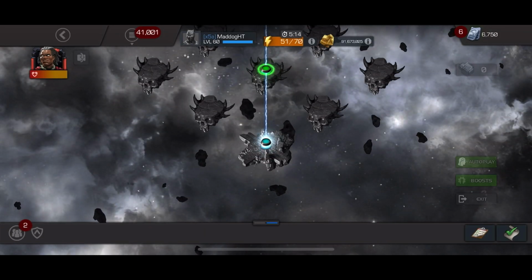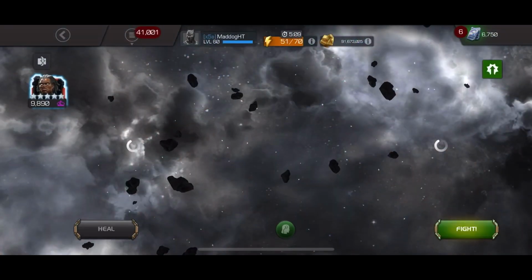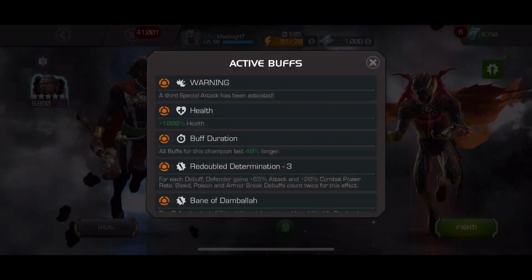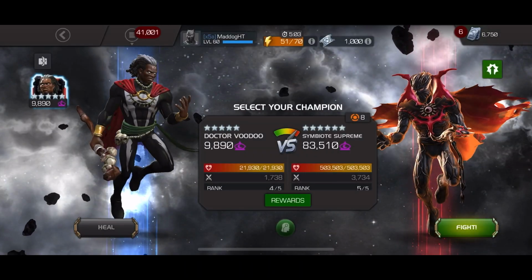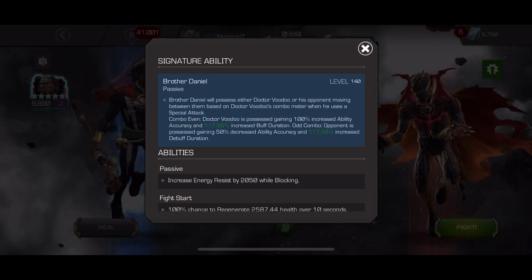Which is the Symbiote Supreme. And I found a really easy and viable solution. So you can see my Dr. Voodoo is only a rank 4. Sig is like 140, 140. Yeah, so